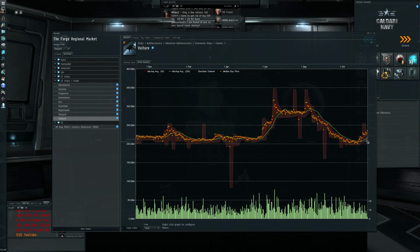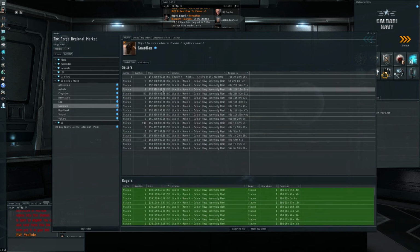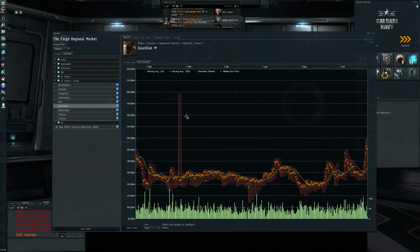And I think there have been decent opportunities in the Astartes. I've also shown the Guardian, which has been a really awesome opportunity below 130 up to 150. That's 20 million on a 130 to 150 million ship. That's a really big profit for the investment. So I think it was a very good idea of me to keep trying to show that the Tech 2 market is a trader's market. Here is where you can make money